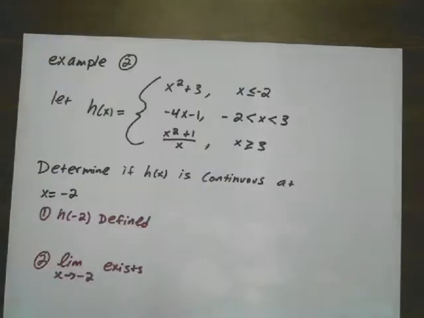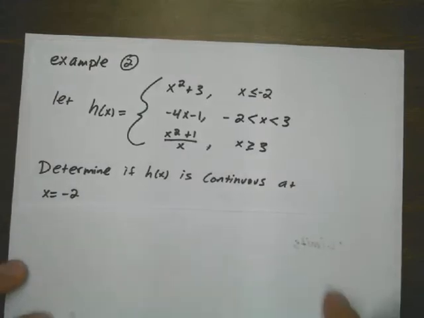This is part 2 of section 1.4 dealing with continuity. In this video I'm going to go through 2 more examples of how to use the definition of continuity to determine if a function is continuous at a particular point. This example